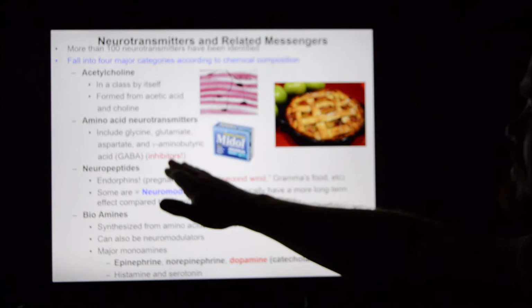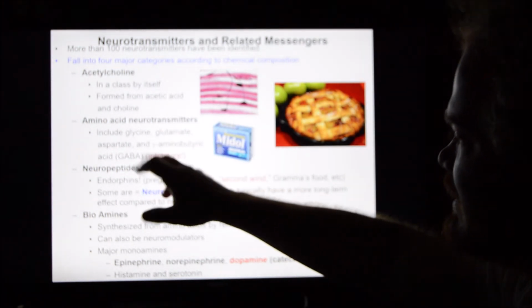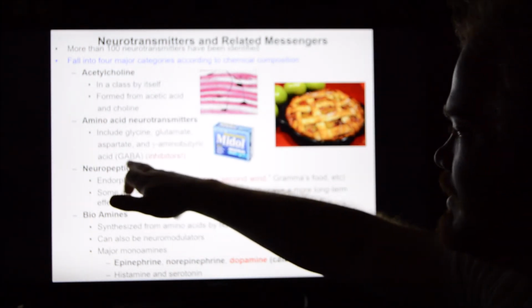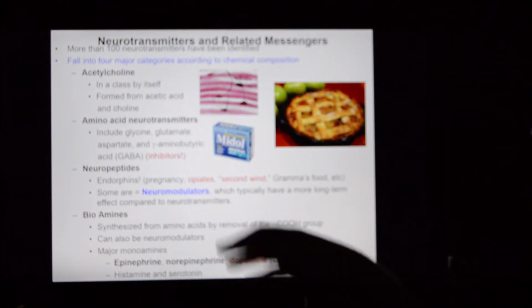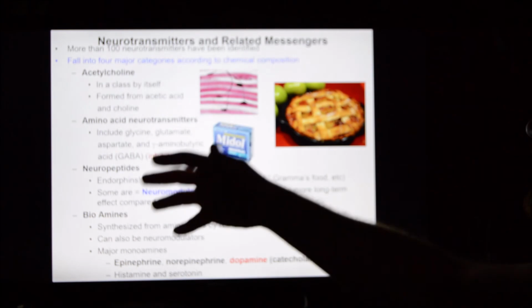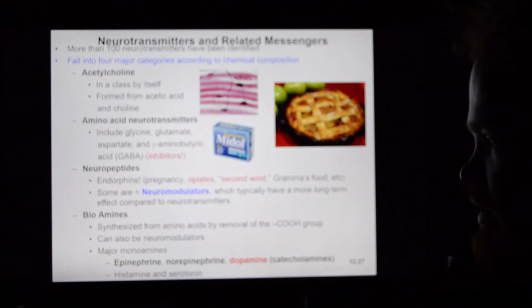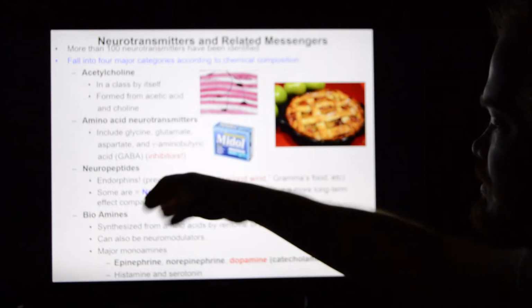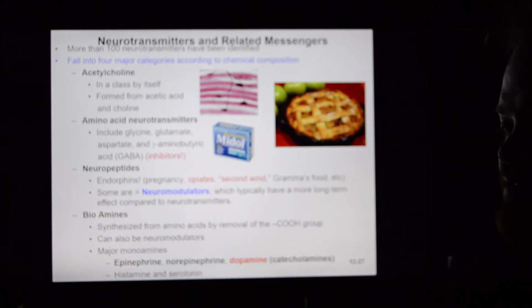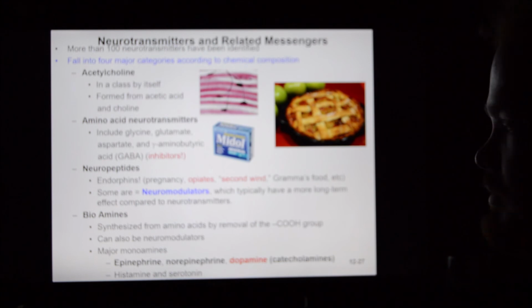This is going to be stimulatory for skeletal muscles. We've talked about it before. Amino acid neurotransmitters include things like glutamate and aspartate. GABA, gamma-aminobutyric acid, is quite famous as an inhibitor. This is used in certain drugs for inhibiting muscular activity, like cramping, for example. So we will use these neurotransmitters as an inhibition method to decrease responses of certain tissues in the body.